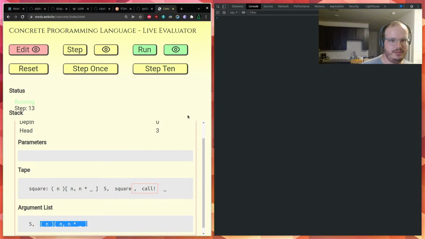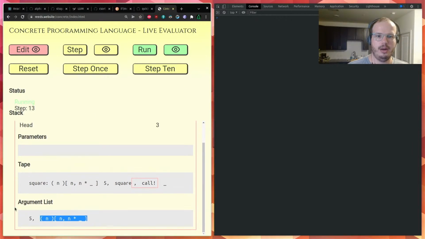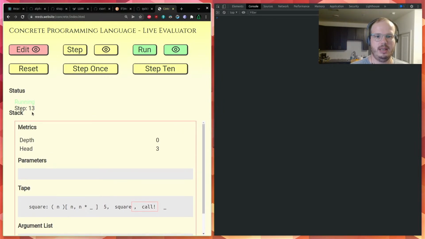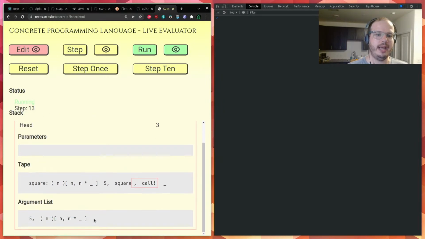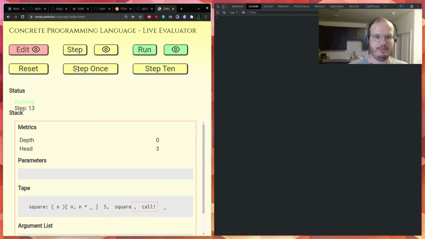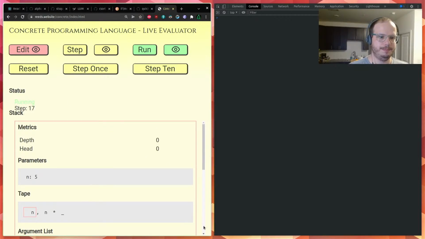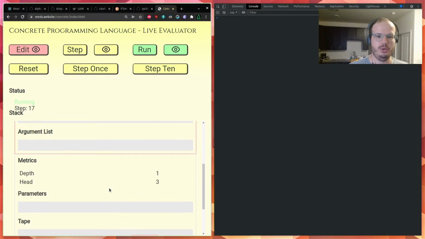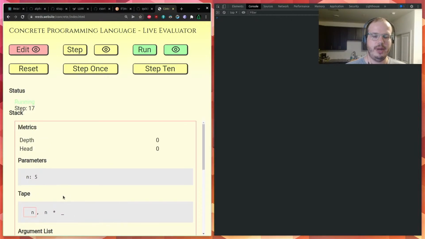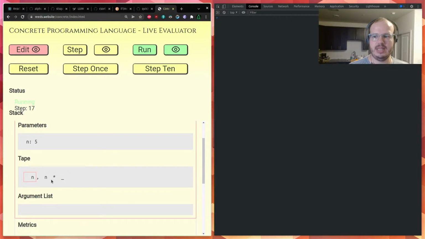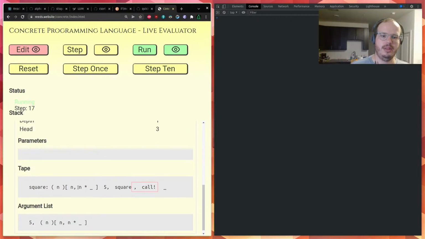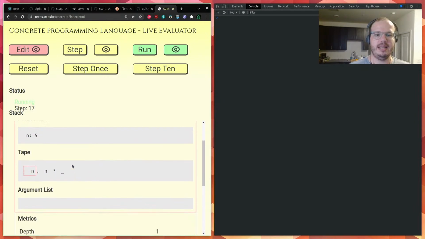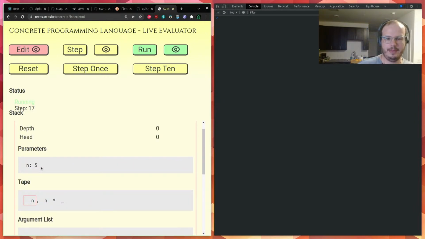So now you're going to see that there's a bigger salmon box around this, and this says stack. So when I hit step here, we're actually going to have a new stack frame. You see the scroll bar went bigger. We have 2 frames here now. This is the active frame, and its tape is now just the contents of the square tape from before, but it has an additional parameters list, and n is a cell in the parameters list. N is the label of a cell in the parameters list with the value 5.